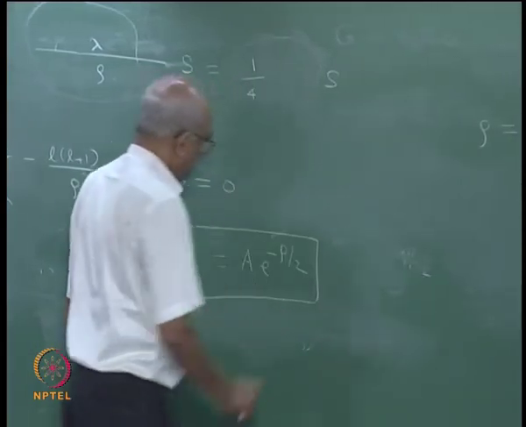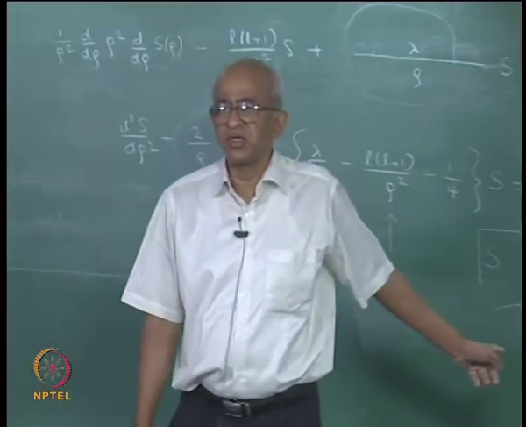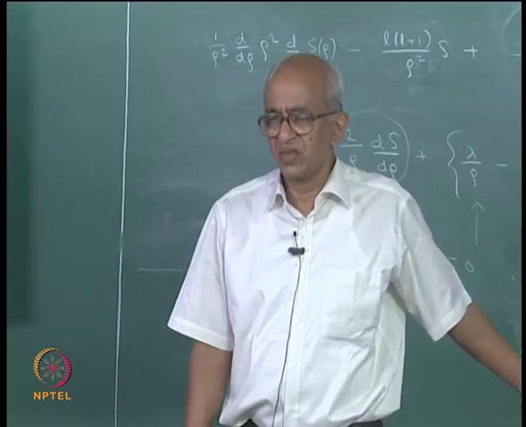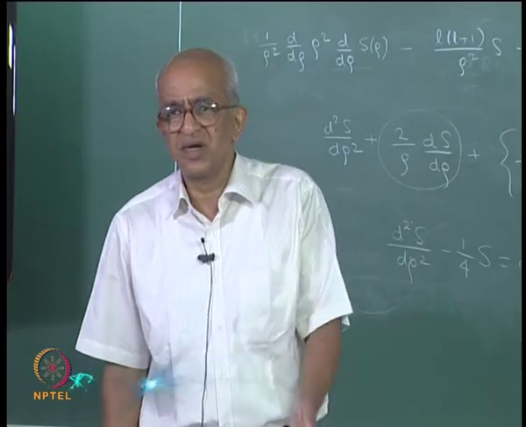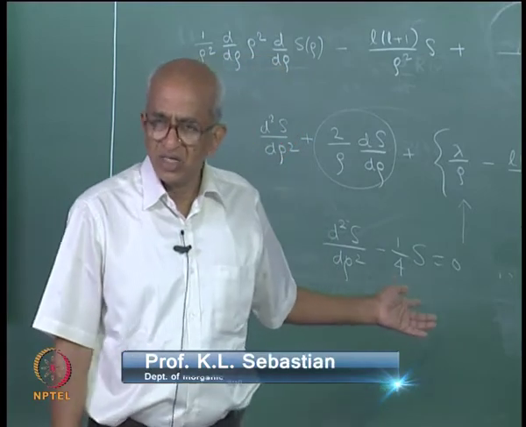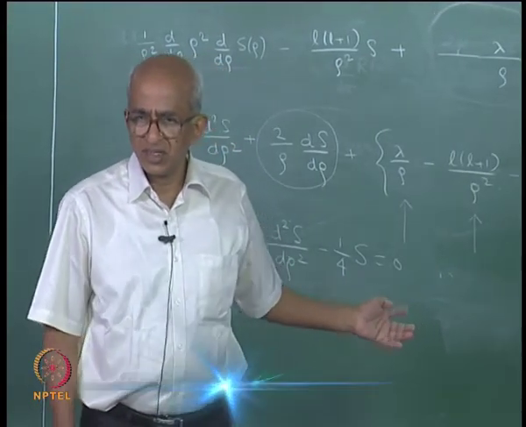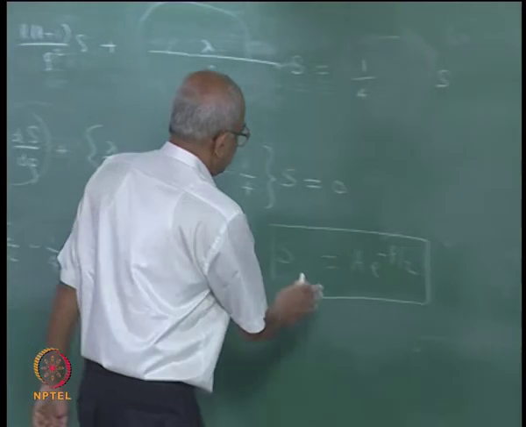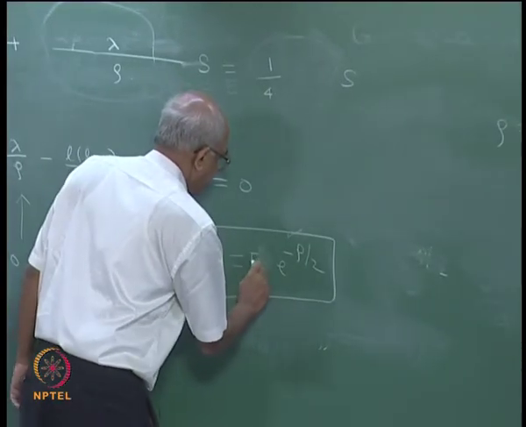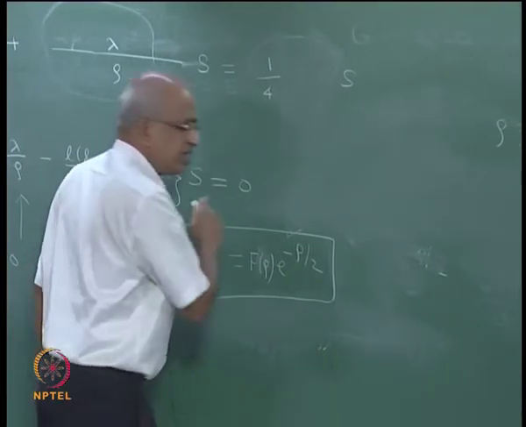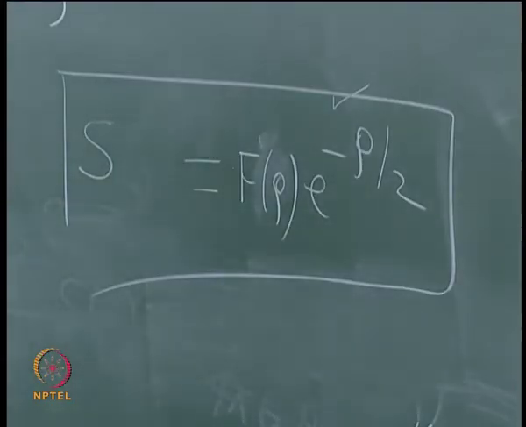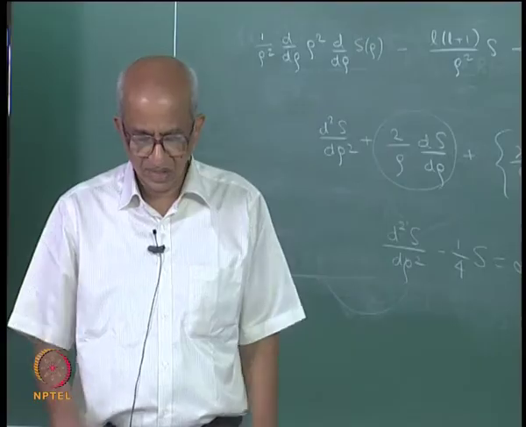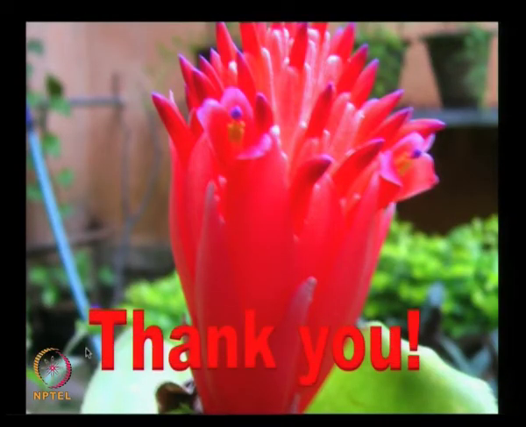So, I have found the asymptotic solution. The asymptotic solution should have this particular form, but this is only an asymptotic solution. It is not valid for small values of rho, and how will I make it satisfy the equation for small values of rho? And that is something that we will do. We will say that instead of this constant a, I will have to have a function f of rho, okay, and I will discuss what to do with this function in the next lecture. Thank you for listening.